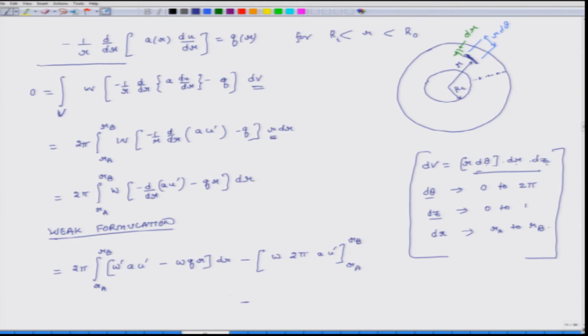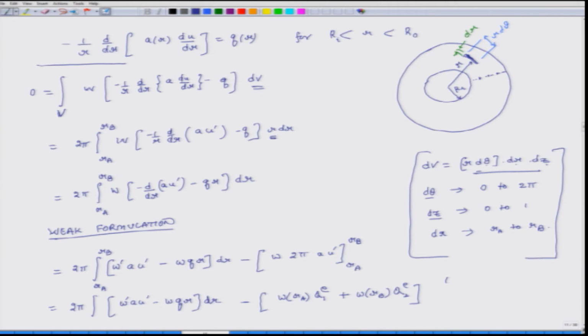So I get the same expression here, and on the boundary term I get W evaluated at Ra times Q1 E plus W evaluated at Rb times Q2 E,